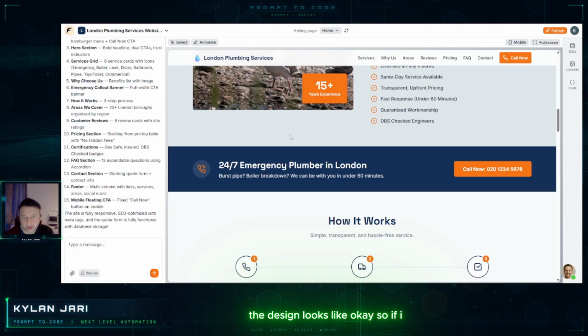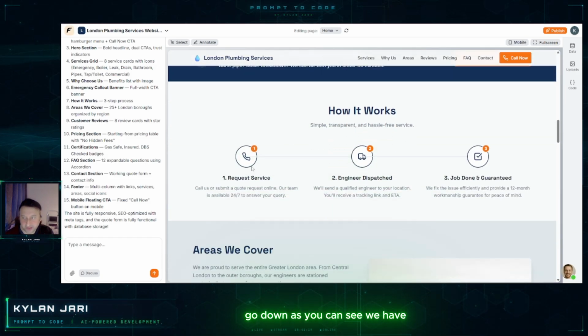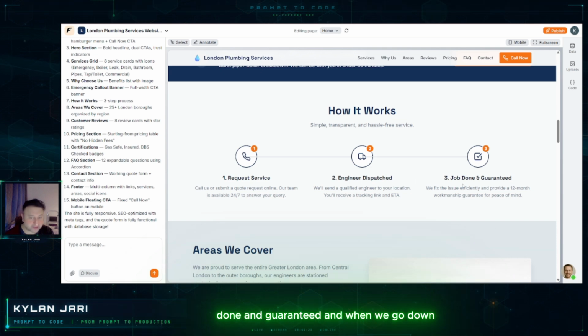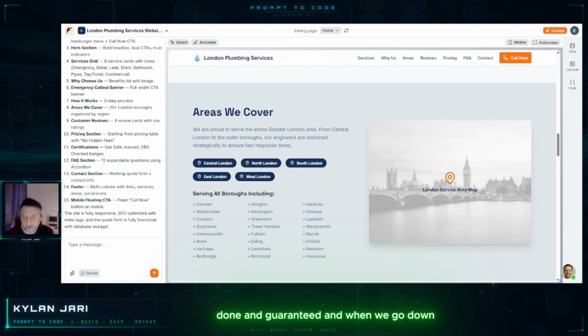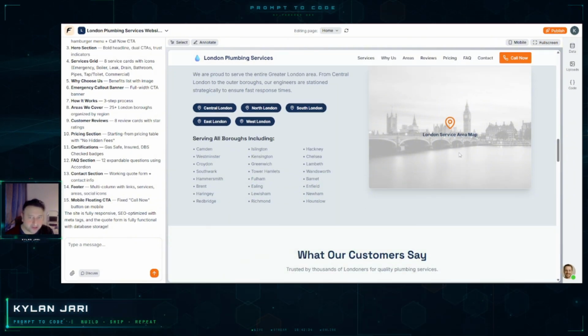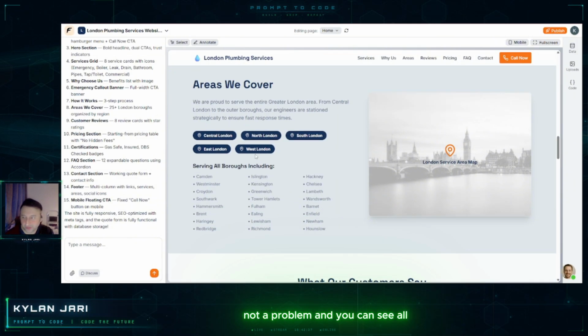If I go down, we have a very nice how-it-works section: request service, engineer dispatched, job done and guaranteed. And when we go down, this looks amazing. The map we can fix. This is not a problem.